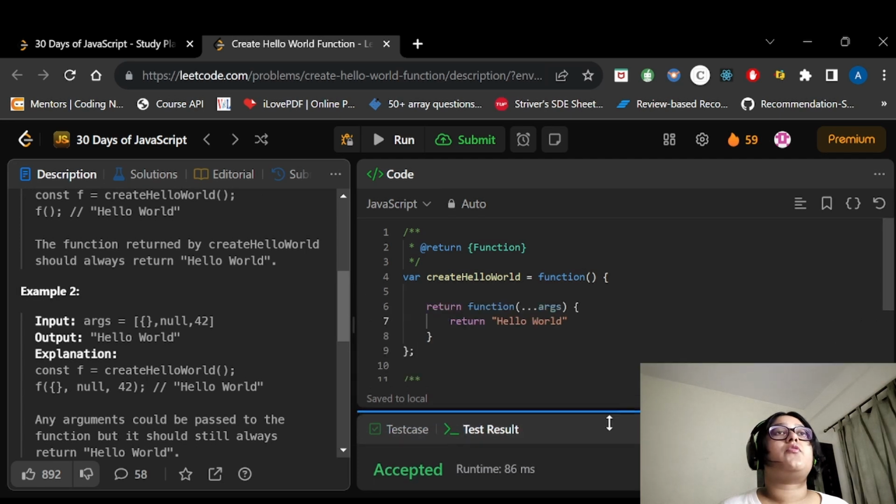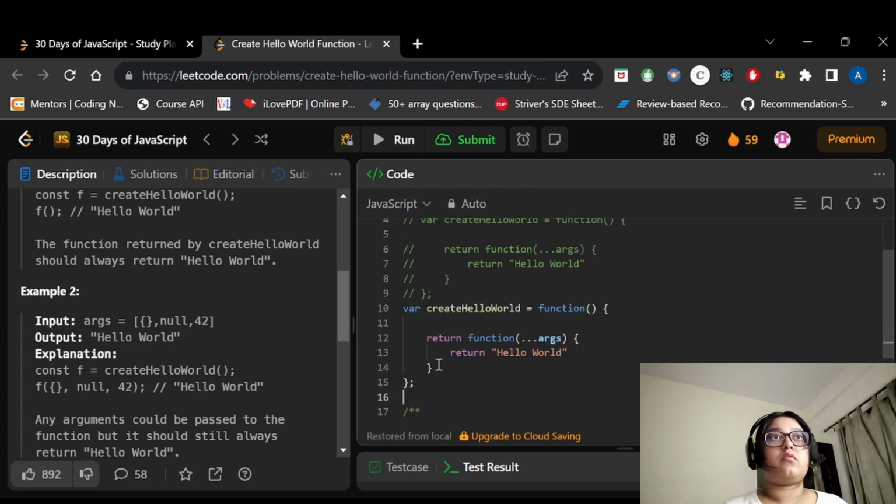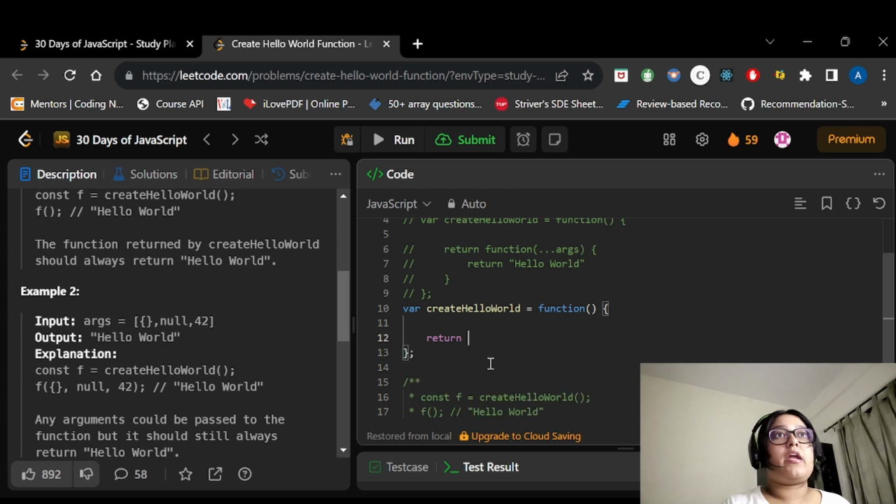Now let's see the second approach, right? So I will comment out this code now. First I will copy it and then I will comment it out. Now what I will do, I will remove this function, right? And I will use arrow function to return the value.